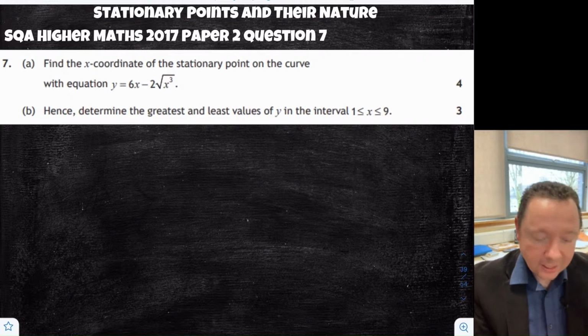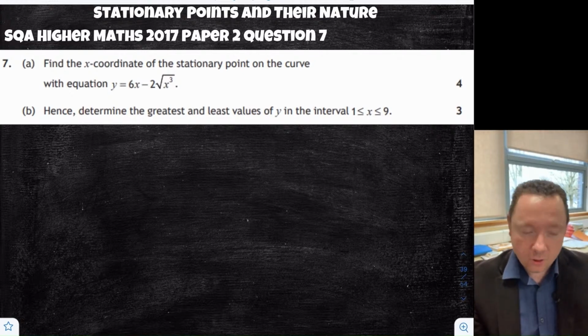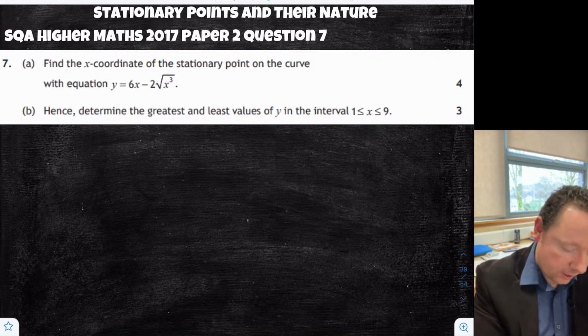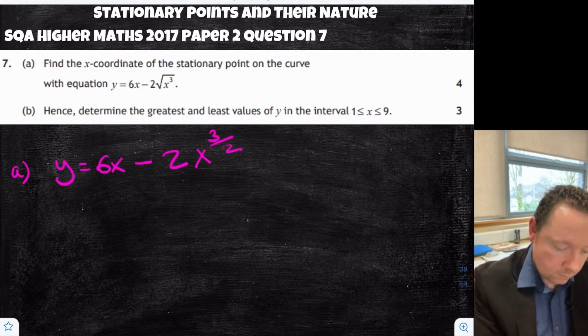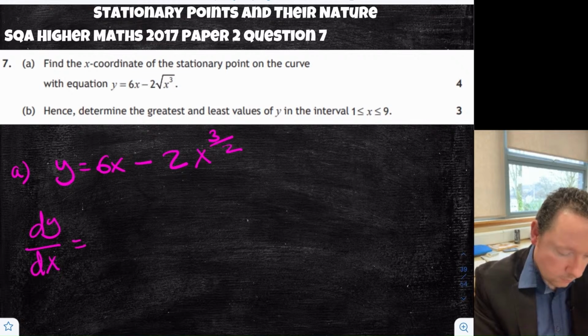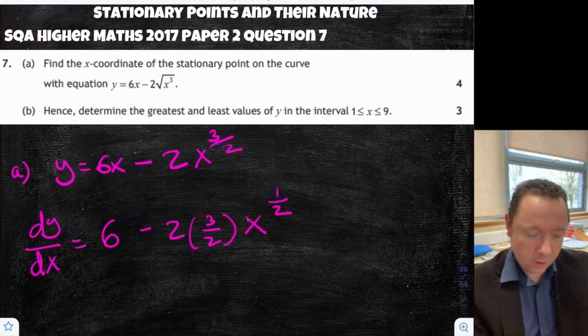So part A, stationary points occur when dy/dx is 0. So we need to get it ready to differentiate. So with part A, I've got y equals 6x minus 2 x cubed, so the cubed comes along for a ride, but it's a square root, so it's over 2. The dy/dx then is 6 minus 2 times 3 over 2, x to the half, because I take away 1 from the power,